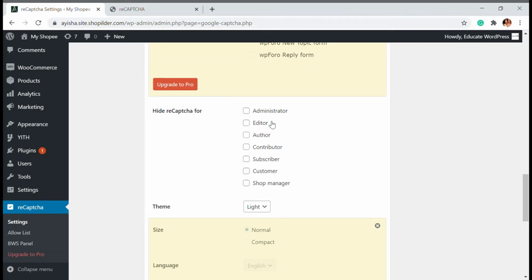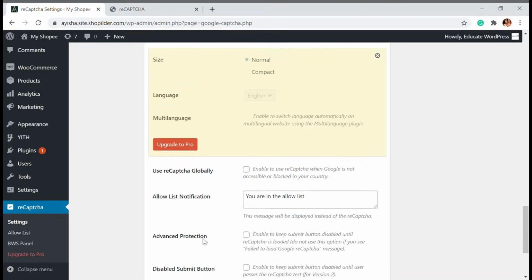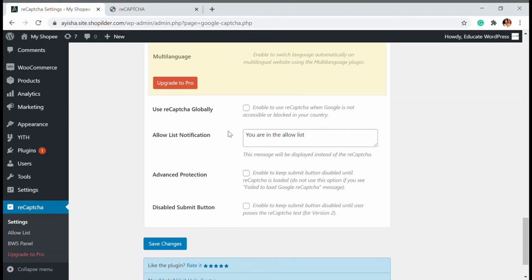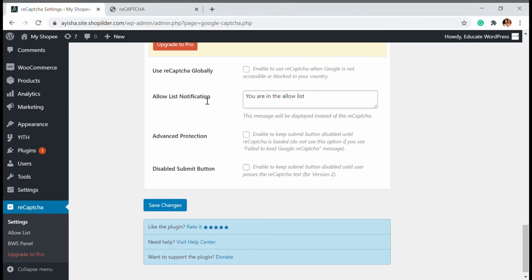Then you can also hide the reCAPTCHA for admin, editor, or all those people when they are entering. Then here you also have an allow list notification, which means that person is being allowed into the website, so they won't be having the reCAPTCHA as we hide it.